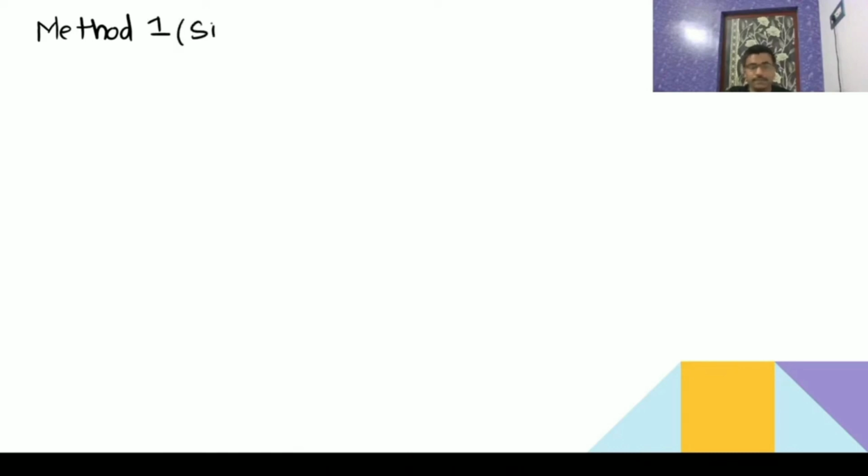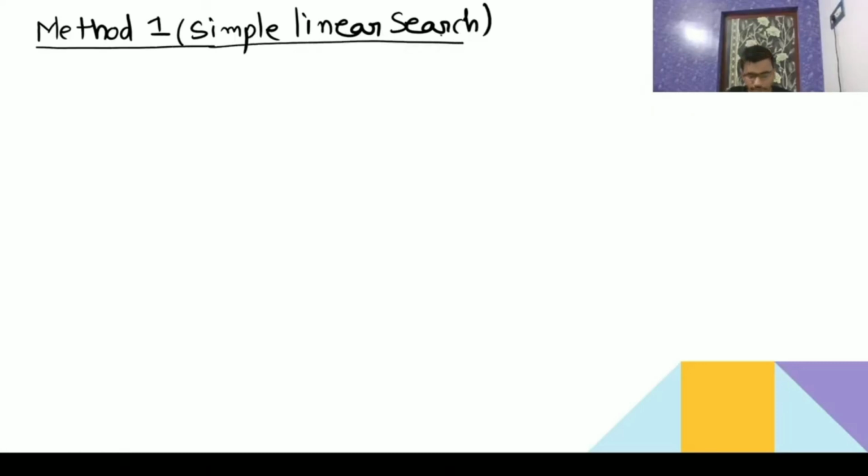That is simple linear search. By using simple linear search, you will find the minimum element and maximum element of an array. Now see how to do it. First I will give you the algorithm.